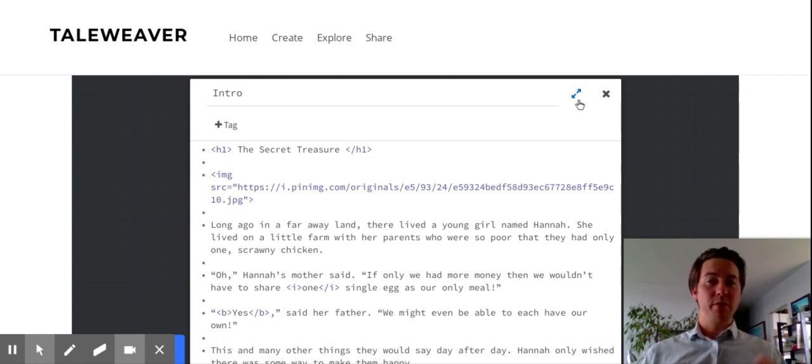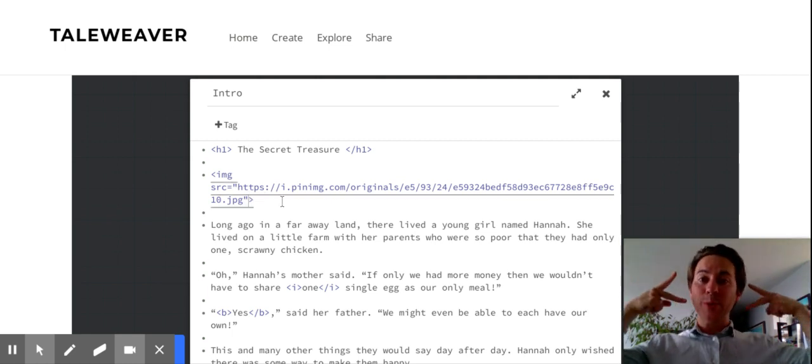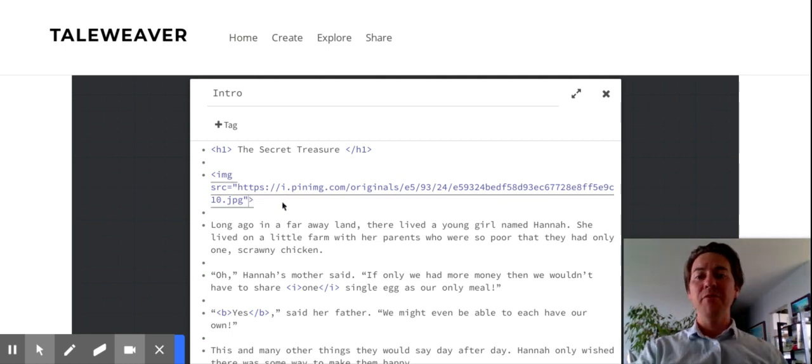Our image is appearing in our story, but it's way too big. That's because the image file itself is actually larger than we want it to be. We can change the image size, and we will do that inside the image tag that is in between the alien ears. After we've given our image tag a source, and remember this source is the address that tells our